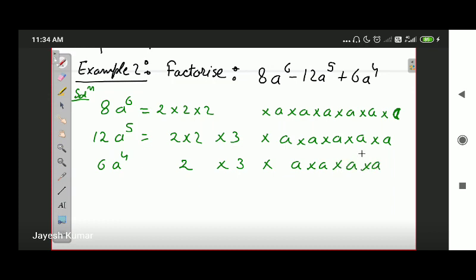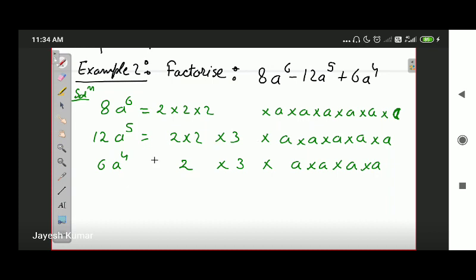Okay students, one more thing, you do not need to write it down as it is. I am writing 3 below 3, 2 below 2, a below a, in this manner so that you can easily understand. You need not write it as it is. Okay, you can write it however you like.